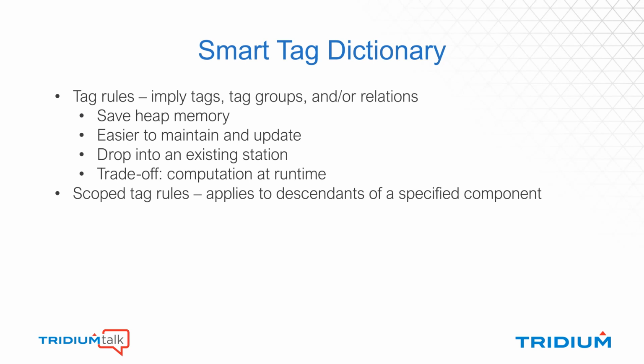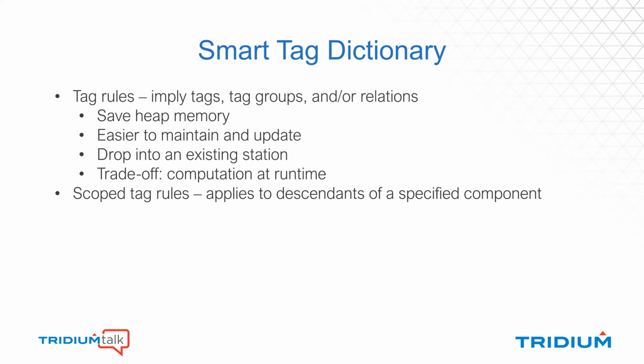There's a trade-off with tag rules: they do need to be computed at runtime. That's not to scare anybody away from them. We have worked very hard to optimize that computation to only evaluate the tag rules that are necessary and not all of them. But it is a trade-off. Direct tags are faster for searching, but we think implied tags are the way to go just from a maintainability standpoint. Also available, in addition to normal tag rules, we have scope tag rules where you can specify one or